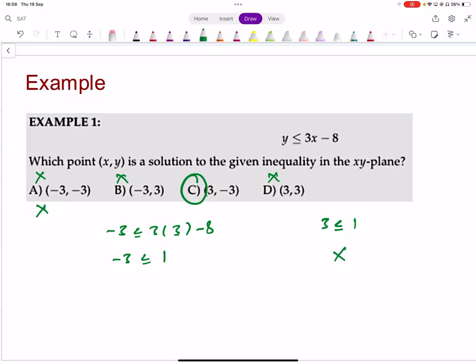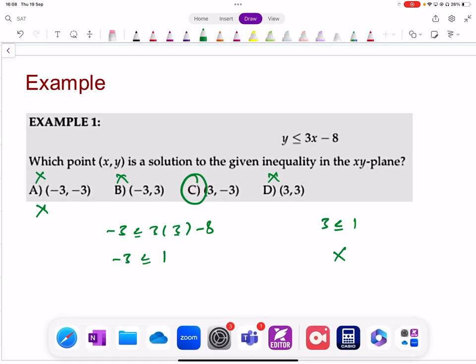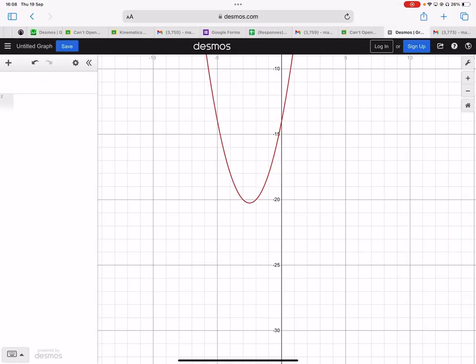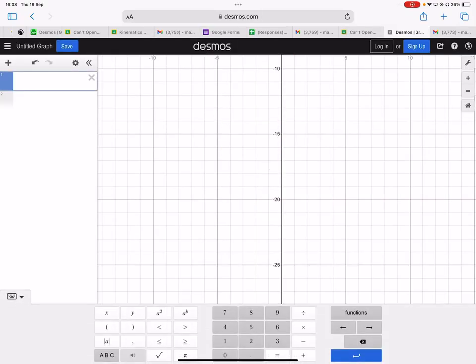Now, this is one way to approach such problems. There's another idea as well, and that is that you could use Desmos. What's the inequality? Y less than or equal to 3x minus 8. You can actually input that inequality as it is in Desmos as well. It will shade the correct region for you as well. Let's try doing that. Y less than or equal to